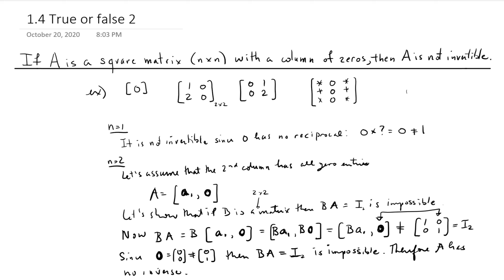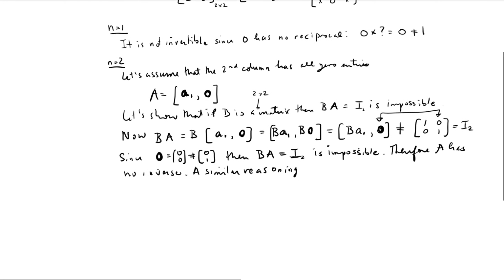And then a similar reasoning would hold, right? If it would be the first column of A which has all zeros. Okay, so I'm going to write that. So a similar reasoning, let's move that up, holds if the first column of A is a column of zeros,